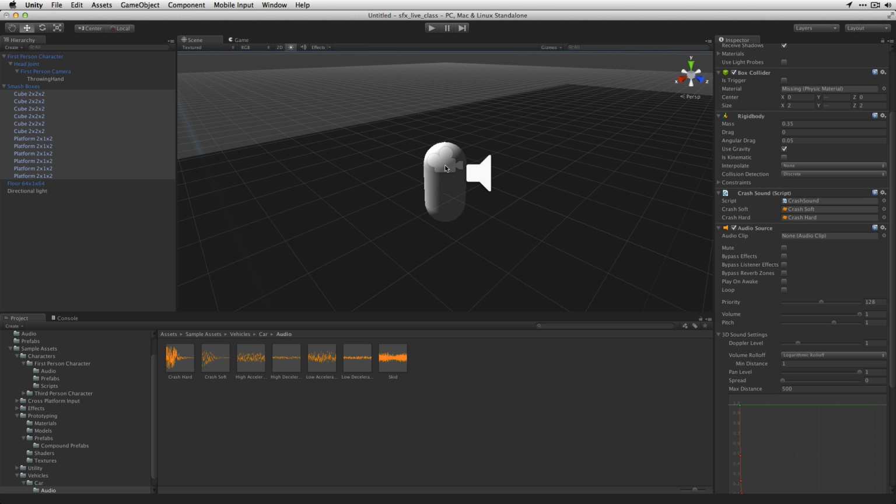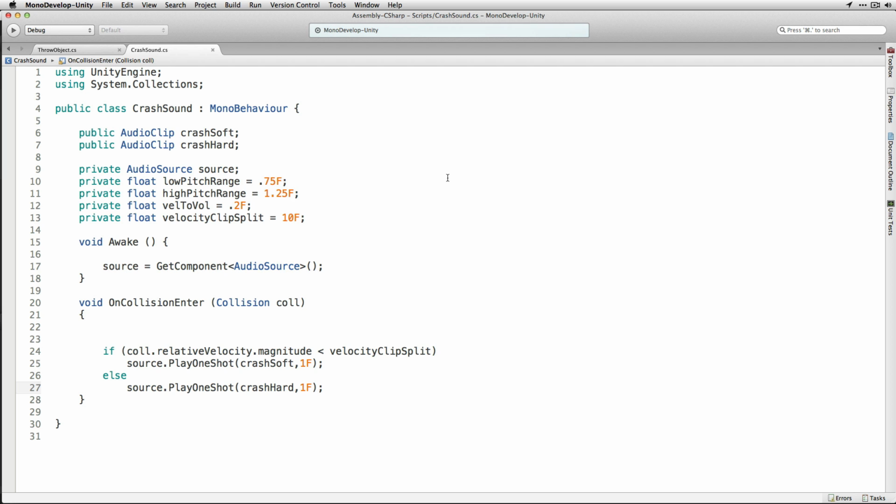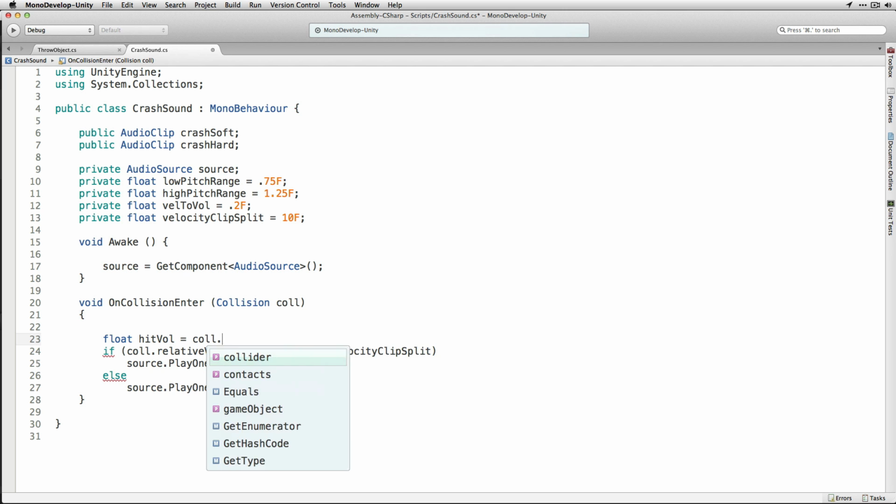We've got that, right? And it sounds pretty good, but you can still hear we're getting those repetitive clunk sounds from the things when they're falling, especially because they're always playing at the same volume and it just sounds kind of unnatural. So what we're going to do is use the volume from our collision. So we're going to declare a float called hitVol, and it's going to be equal, again, to